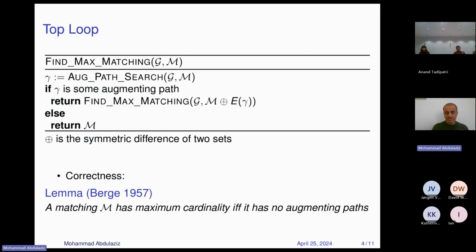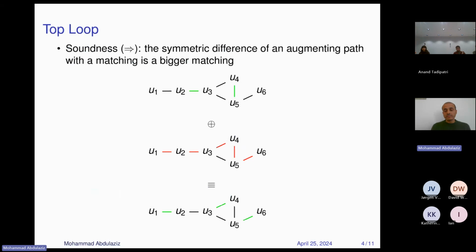Okay, so this result is actually a result in graph theory from the 1950s. It's called Berge's lemma, and it wasn't necessarily proved for this algorithm, but it is the central argument for the correctness of this algorithm. So for one direction, if you find an augmenting path, you can take that augmenting path with the matching and show that you can always get a bigger matching. And this is really not very complicated, although it might need a little bit of thinking if you have never seen this,